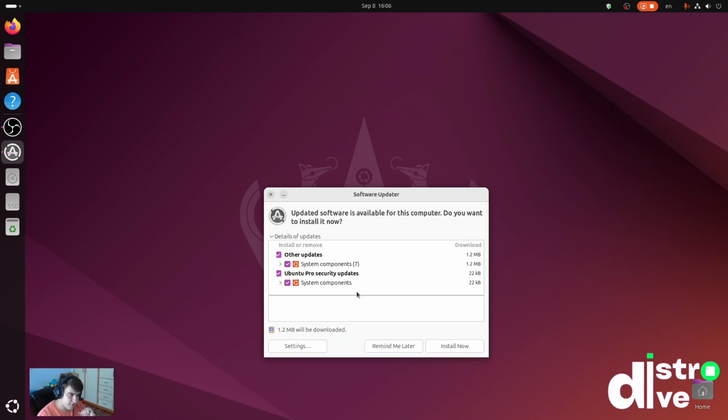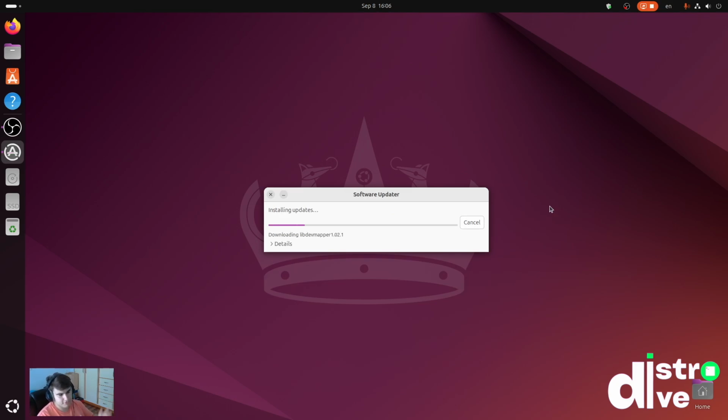And if we go here, you can see that we have the normal system updates and stuff, the Linux kernel and all that, but we also have some Ubuntu Pro security updates. So if I did not actually go and enable Ubuntu Pro, I would not get security updates, which is extremely important to have. So I'm gonna obviously install them now. It doesn't require a password, okay, sure, but having security updates is extremely important, and I'm not sure why they would lock that behind a subscription, essentially, because before attaching my license and my token to this computer, I had